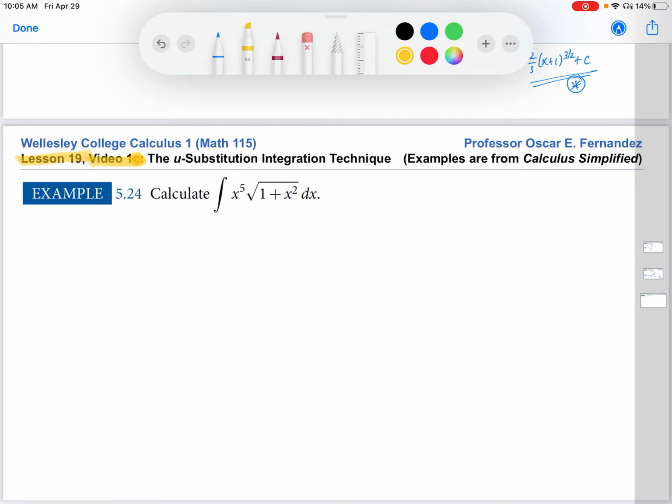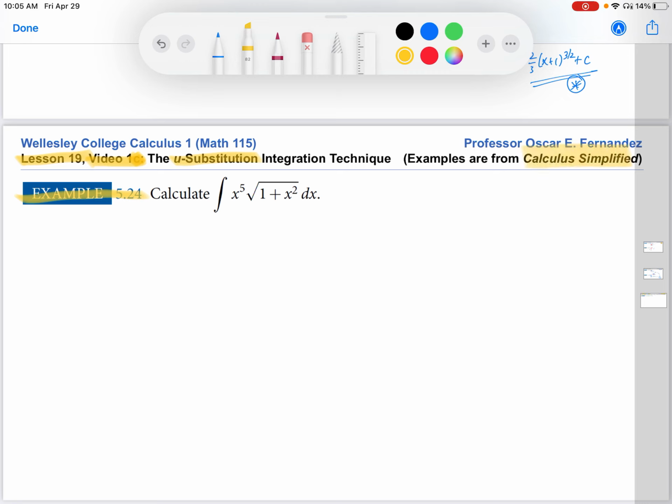The C here is because we've done two videos before this, video 19.1a and 19.1b, and they've all been on the same topic, u-substitution for integrals. And that's the same topic of this video. So I'm going to wrap up this series of videos on u-substitution by looking through this example, working through it